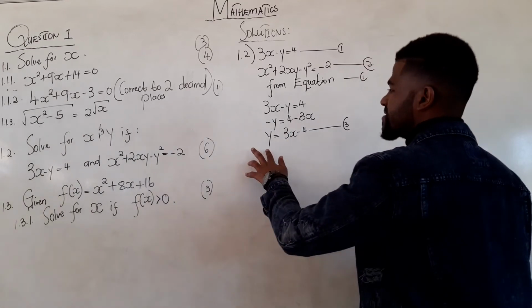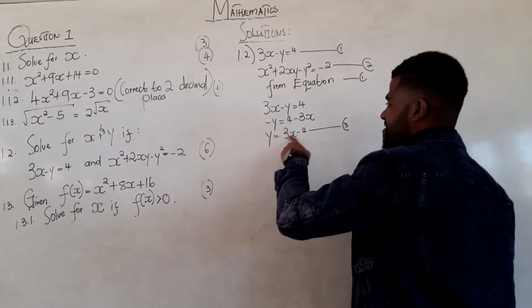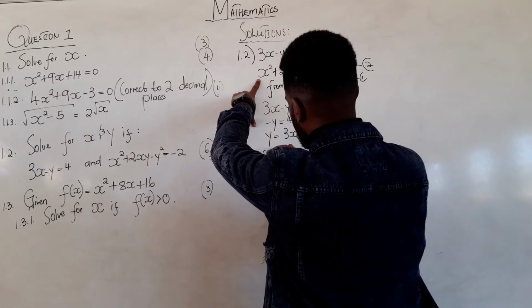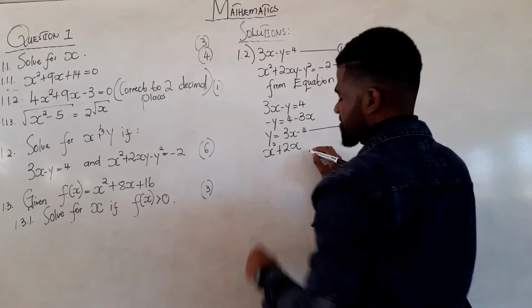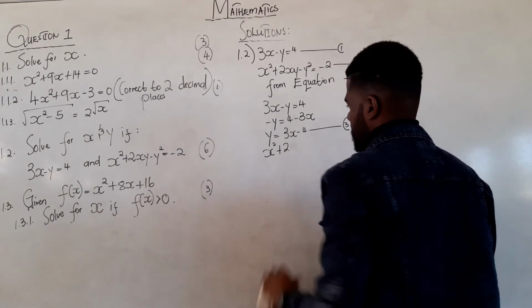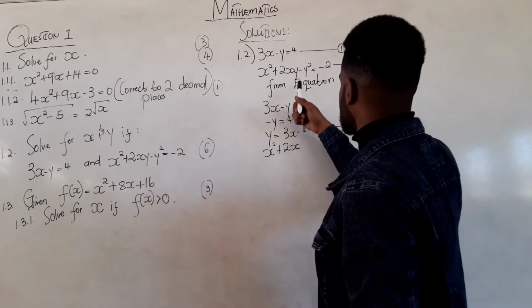Now, when you see the y variable in the second equation, you are going to substitute it with 3x minus 4. This is our second equation, so we are going to write x squared plus 2x